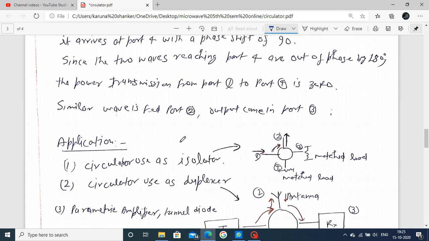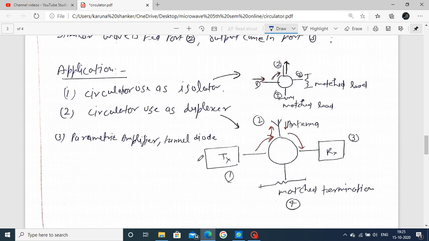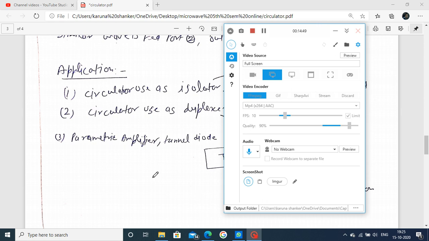Okay. Next we move to the application of the circulator. To observe this one of your circulator,